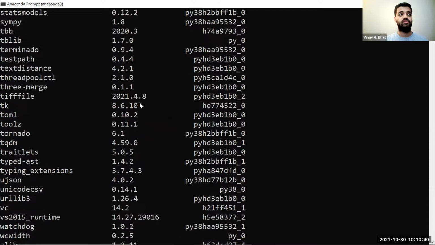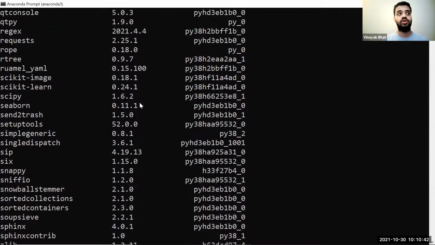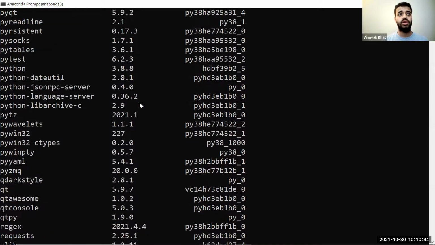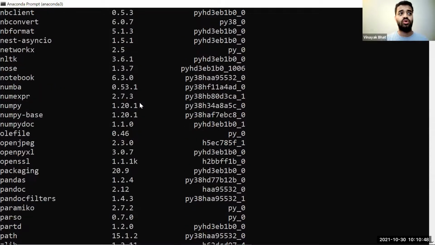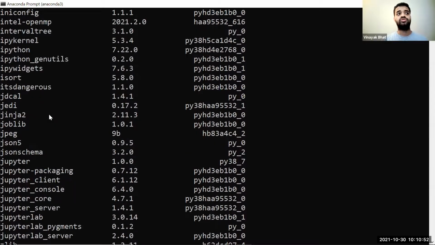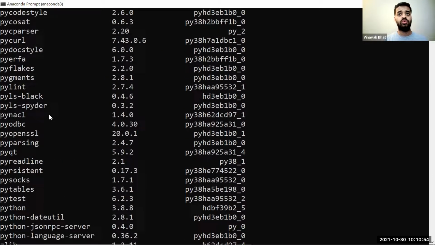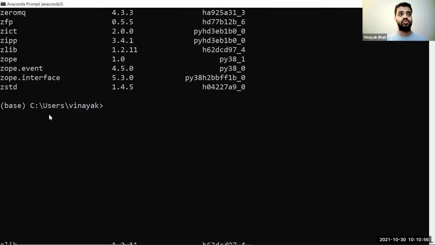So you see there are a lot of packages that are already installed in that. But we want to install our own set of packages, and we don't want to conflict with the things that it has already installed. So what we would do is we start creating our own environment. So the first step to create an environment is to give it a name, right? So here we called it base. So let me call it